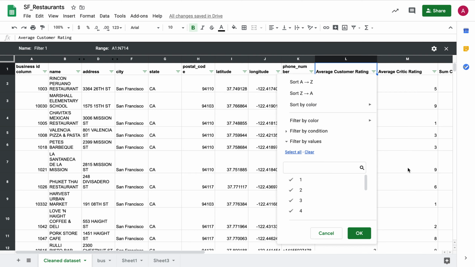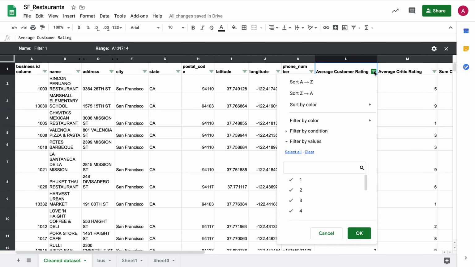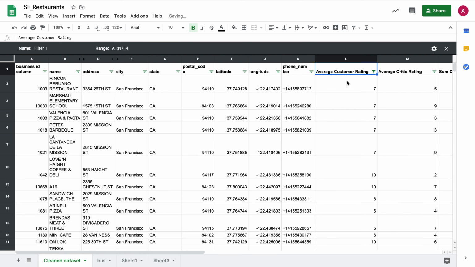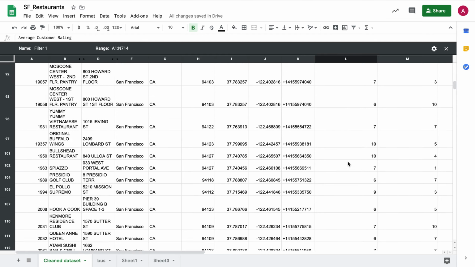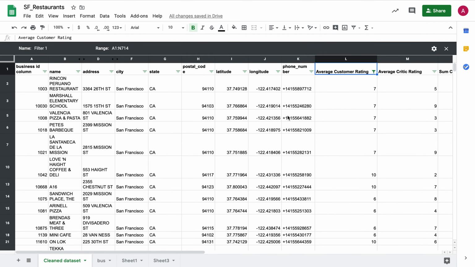And now what you want to do is basically you have access to this icon over here, and this gives you all the values of average customer rating. So it's 1 to 10. Since you only want values that are more than 5, what you'd want to do is basically you see this check mark over here, you just remove these for 5, 4, 3, 2, 1. Okay, and now you only have rows that have a customer rating of more than 5,